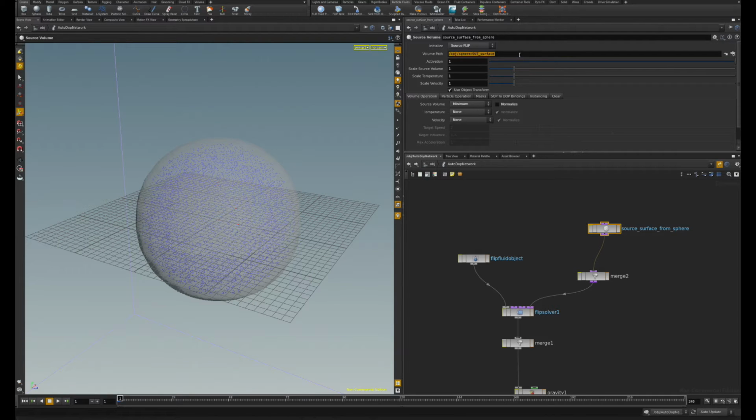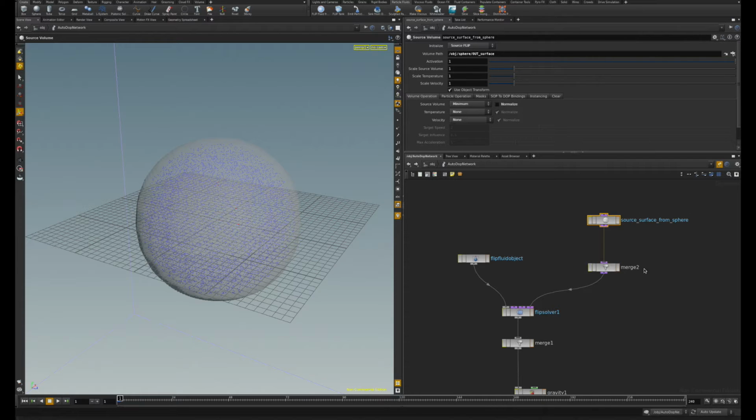You can see there's a path on the node that is pointing towards the out surface node, which is the end output of all the operations that are being done to a primitive sphere to create a volume out of it. So what the source node does, it just brings in this volume into the autodop network,